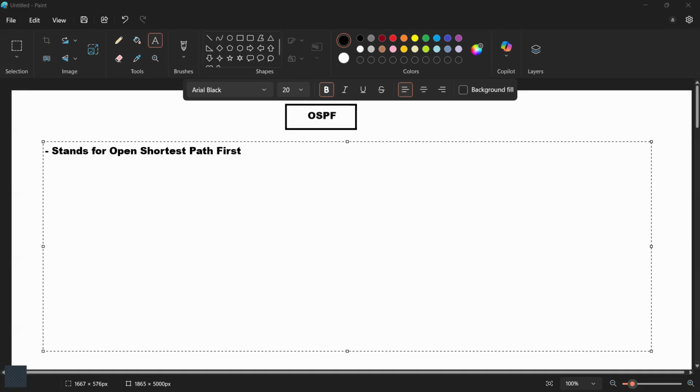If you think OSPF will take shortest path, according to shortest path, don't you think hop count should come in picture? Bandwidth is giving you shortest path or fastest path? Then